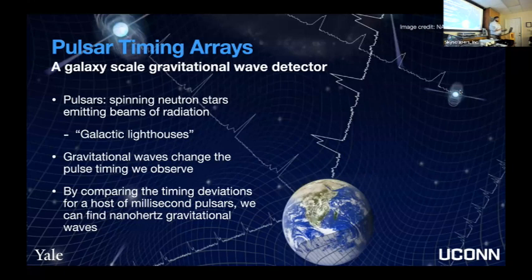That's why it's called a pulsar timing array. We look at many, many pulsars at once, and we look for all of these little tiny timing deviations in all of these specifically millisecond pulsars, basically pulsars that are blipping at us every few milliseconds. By then comparing all of these timing deviations across all of the different pulsars in our pulsar timing array, we can then reconstruct what the gravitational wave signal is across all of the pulsars. And that's how we actually detect gravitational waves in pulsar timing arrays.